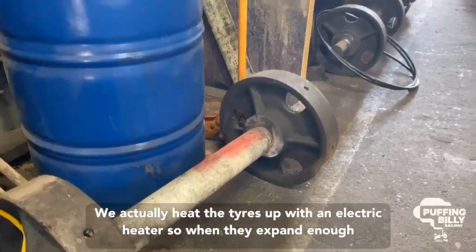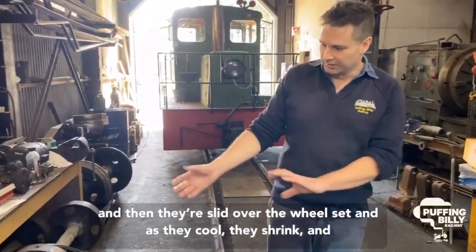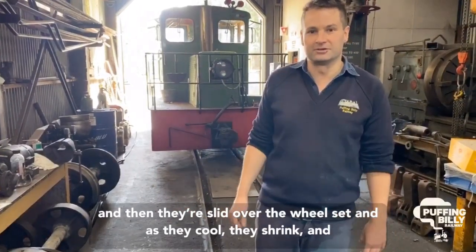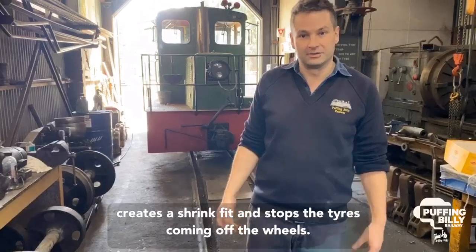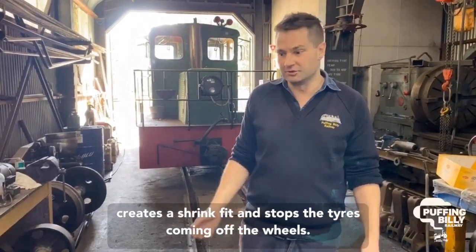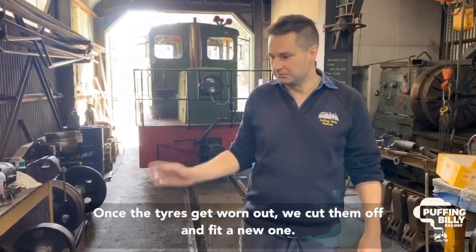We actually heat the tyres up with an electric heater so that they expand enough, and then they're slid over the wheel centres, and as they cool they shrink, and creates a shrink fit that stops the tyres coming off the wheels. Once the tyres get worn out, we cut them off and